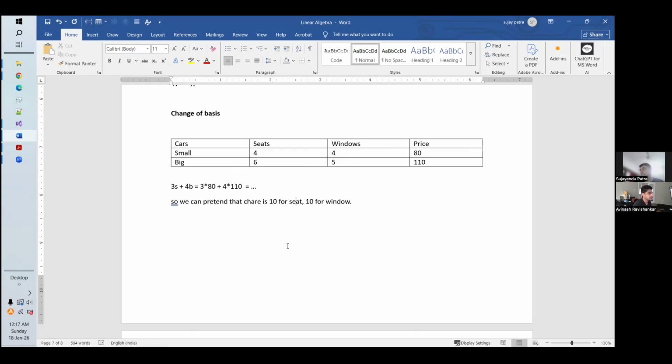The seat has a natural meaning to you. The small and big car may not be as natural for you. So we always try to transform our vectors in such a way that they have some other meaning to me. For example, let's say if I'm doing linear regression, I may have some meanings attached to say